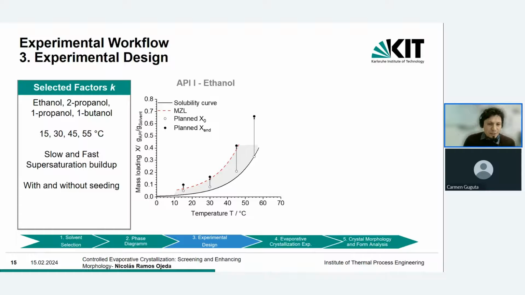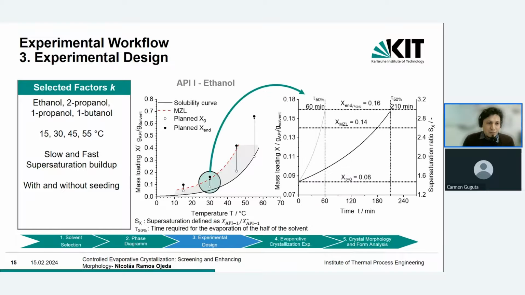So we aim to surpass the metastable limit, and of course, if we perform a slow and fast supersaturation buildup, then to reach a certain supersaturation, you have 2 different trajectories. Here is the mass loading over the time, or the supersaturation. In this first case, we evaporate half of the solvent in 60 minutes, and in the second case, we evaporate half of the solvent in 3 hours and a half. So this variable, tau 50%,